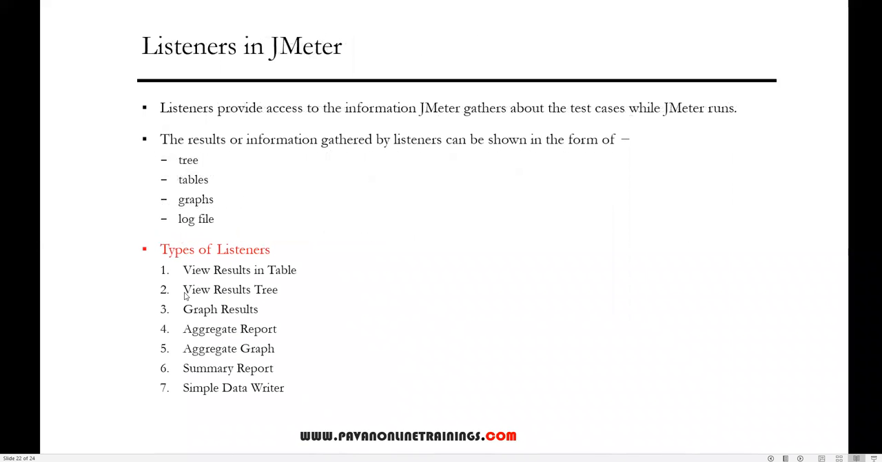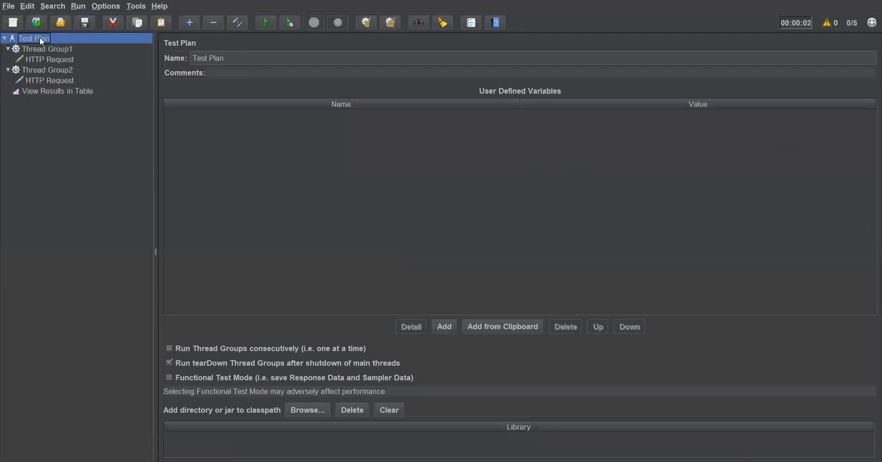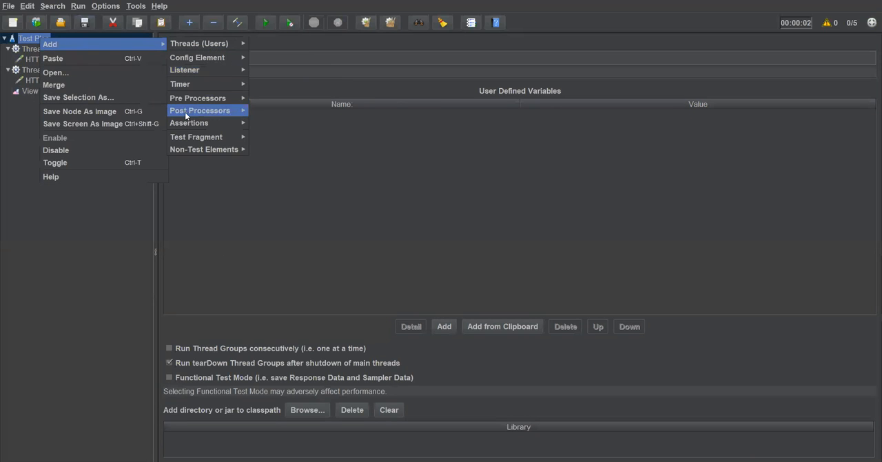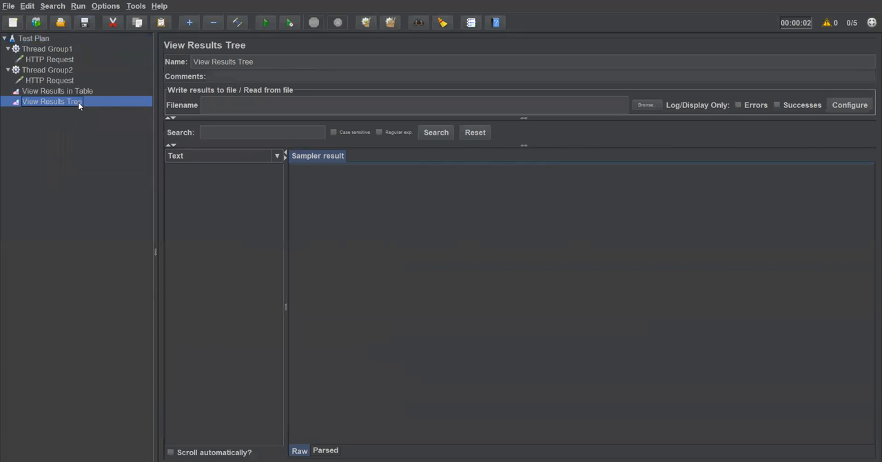So let's say one more listener called view results tree. So let's add that particular listener also. Let's go to test plan, right click, then go to listener. Now here I will say view results in tree mode. So I can just say tree here. So view results tree. So now I have added view results tree here, and then you can see here the name is there,